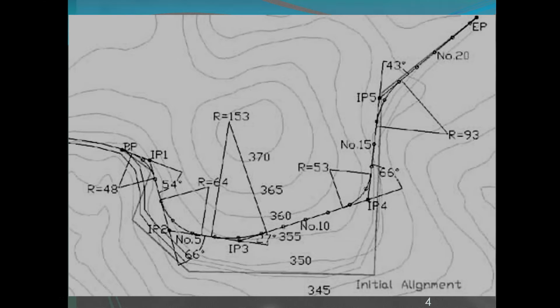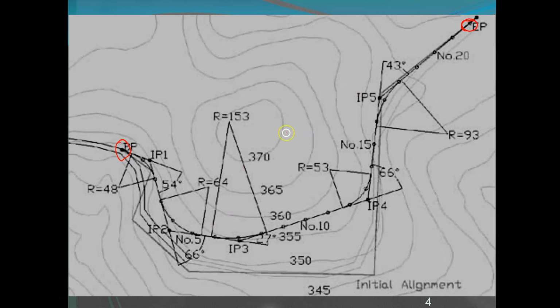What I've got on the screen now is just to show how things are done, basically. At the bottom here on the left, let's assume that is where we want to start the work from. Let's say we're building a road from that point to this point here. You can see the area is quite undulating.